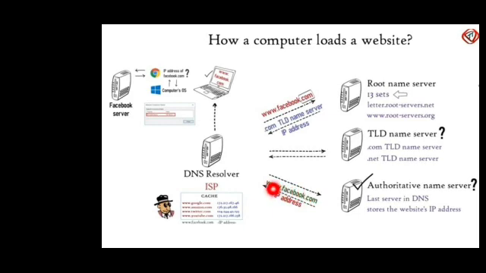The DNS resolver will send the IP address to the operating system, and it will store this IP address in its cache memory. Up to a certain time, it will hold the IP address of that specific website. Once the operating system gets the IP address, it maintains a copy of that IP address, and it gives the IP address to the web browser.